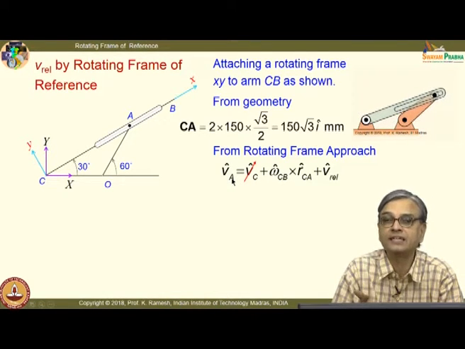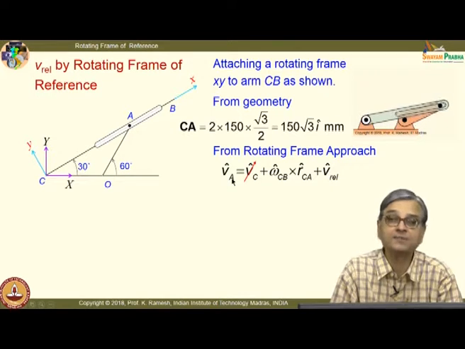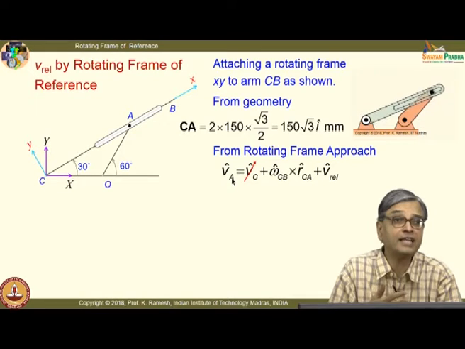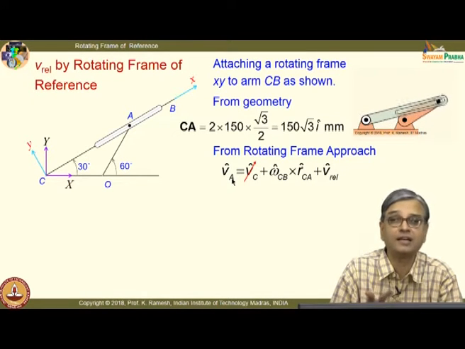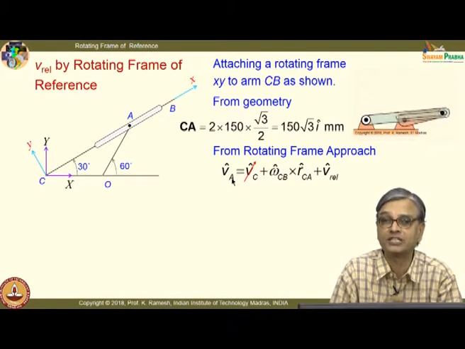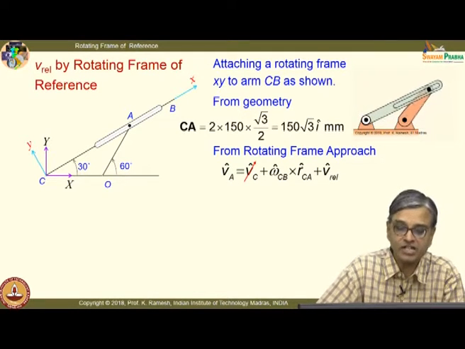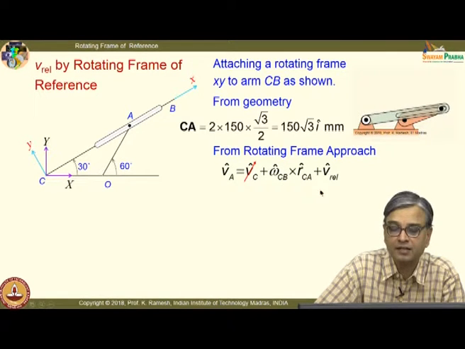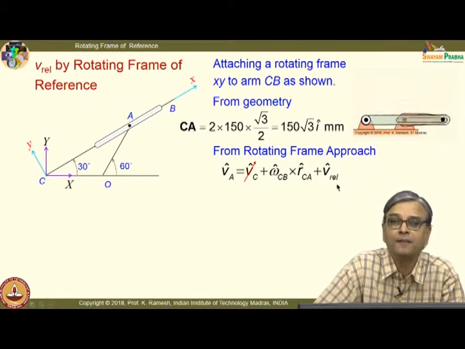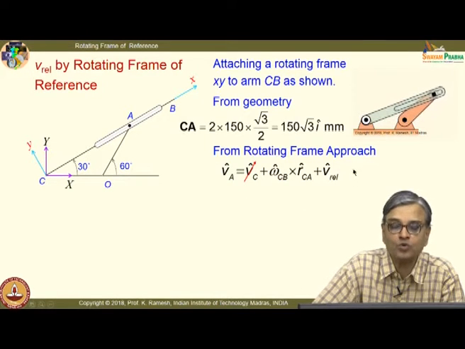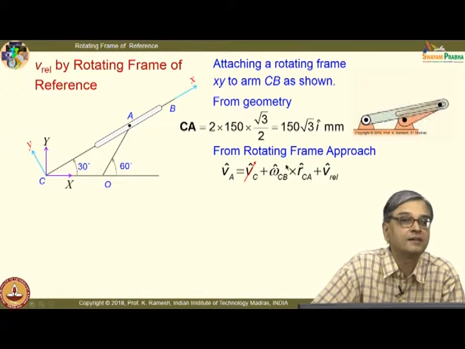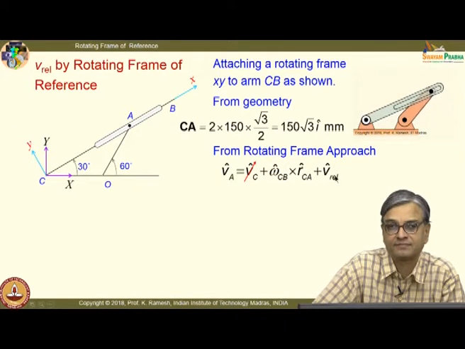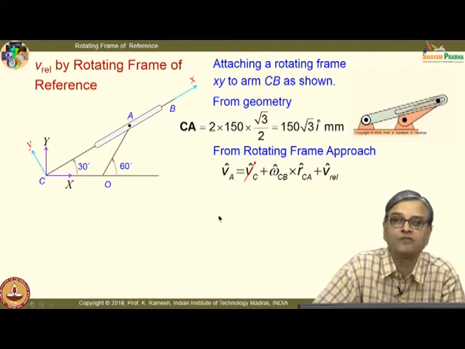I know its direction as well as its magnitude. I can express it in terms of the coordinate system that I choose, which is easier for me to solve. Here it will be easier to handle it in small i and small j. So, essentially what you do not have in this expression is, I do not know the value of omega CB, I do not know the value of VREL. So, I essentially generate two equations out of this by collating the i and j terms. I have two unknowns, I can solve for two of them.